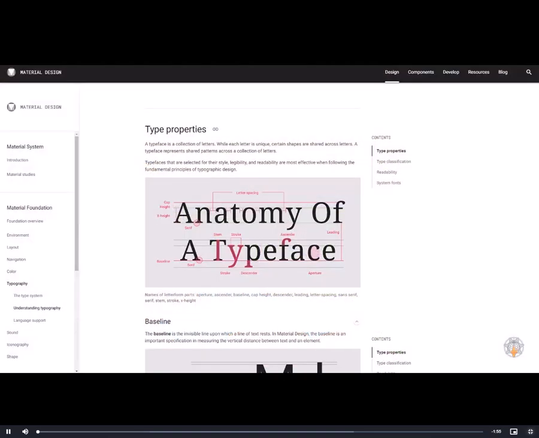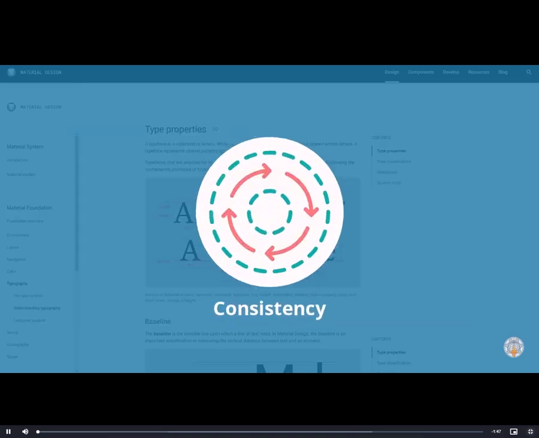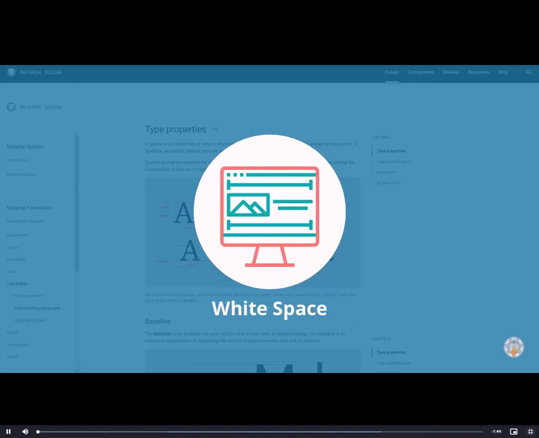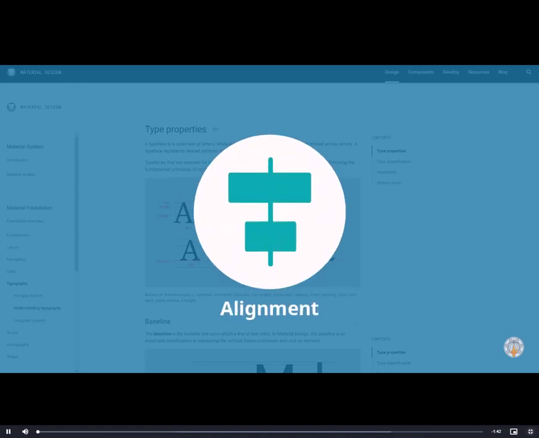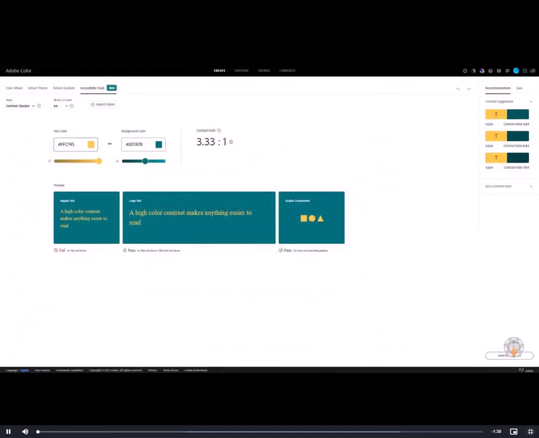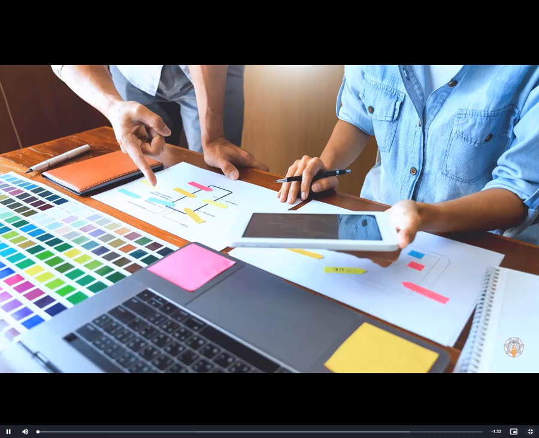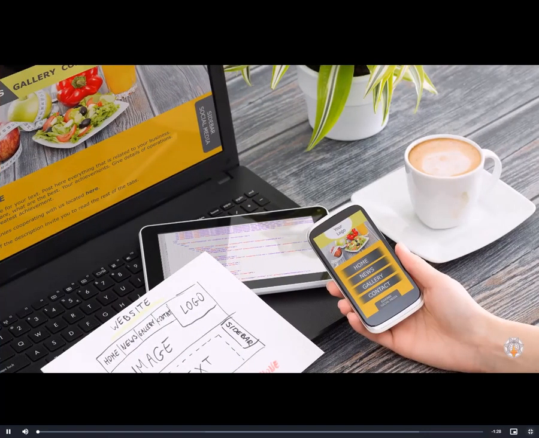There are a few elements that complete the typography, such as fonts and typefaces, contrast, consistency, white space, alignment, hierarchy, and color. We have already looked at colors and themes to choose for designing.